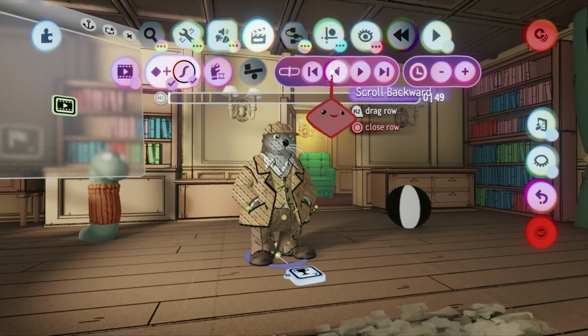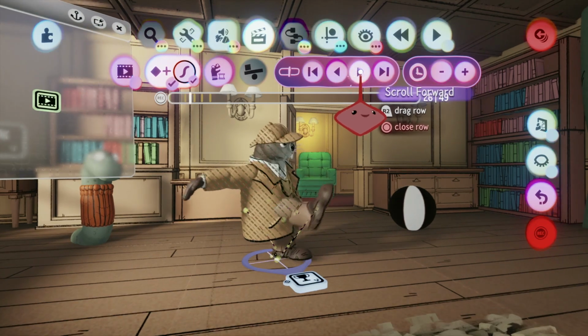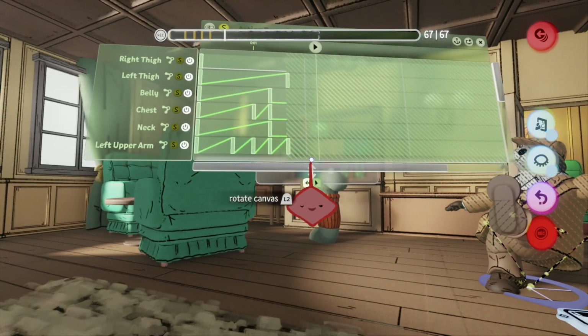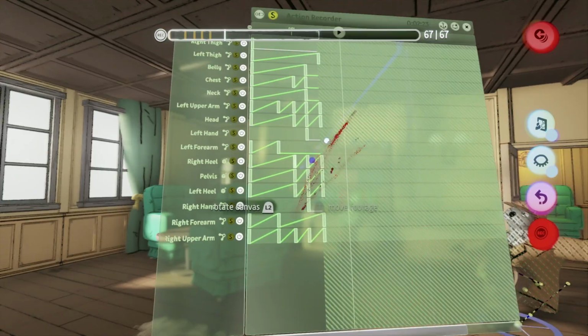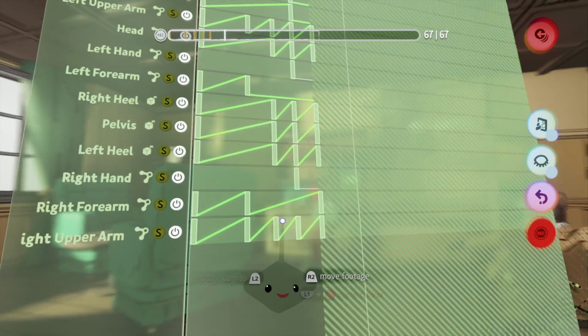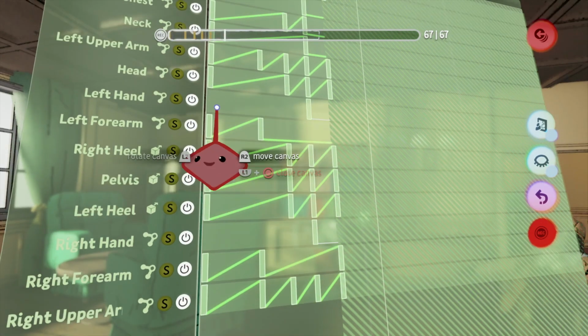And you could preview it by pressing scroll backwards or scroll forwards. That's our animation. Another thing to keep in mind is that when you record an animation, you want all the basic stances from the very beginning. You'll notice that the right hand stance,